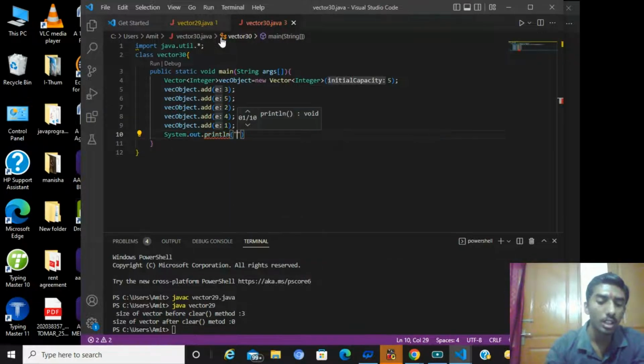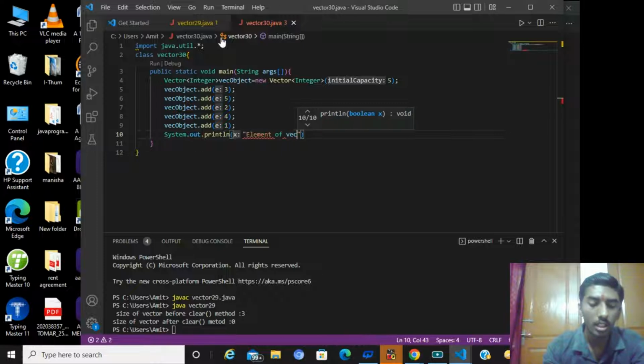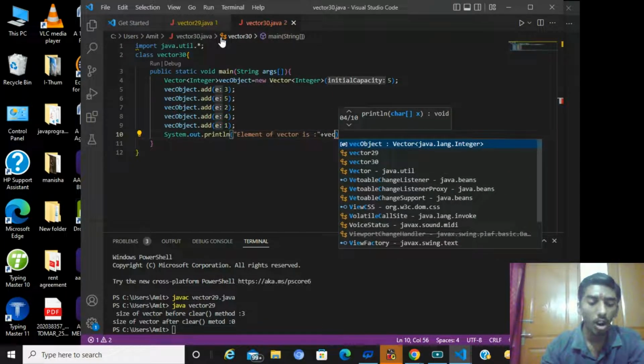Here you write "element of vector is", after that you write plus vac object,